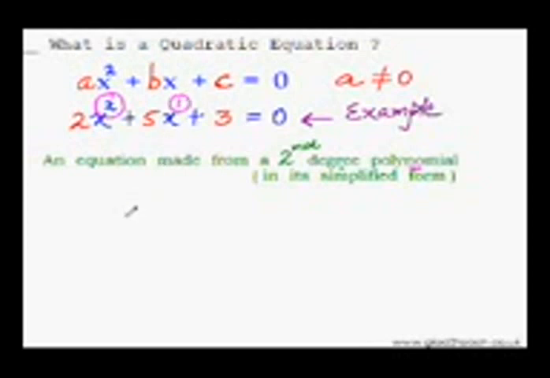But if there is any variable in this entire expression which has a negative power, like let's say x raised to the power minus 1 or minus 2, any negative power, or it has a fractional power like x raised to the power 1 by 2, which is another way of writing root x, then it will not be a polynomial, and as a result it will not be a quadratic equation. I hope it is very clear.